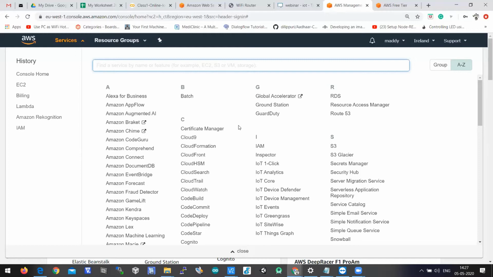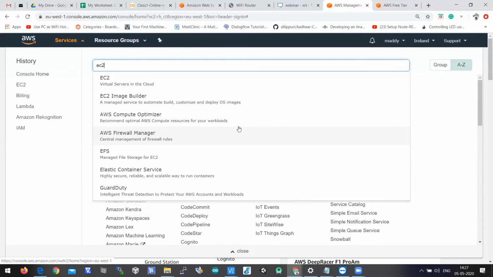So let's jump into a service called EC2. EC2 is nothing but Elastic Compute Cloud, and this is used to create a virtual computer instance, which is a virtual compute engine on your AWS account. In the search bar you can type EC2. If you select EC2, you'll get a lot of options. You can select the first one, EC2 virtual servers in the cloud, which means a computer will be hosted in your AWS account, and you can access that computer from anywhere.